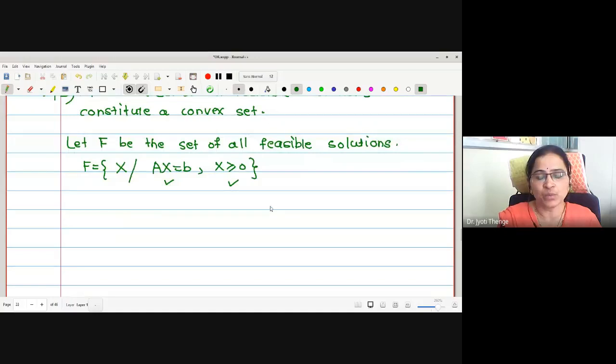Okay. Now, in order to prove this set to be convex, first we will consider what will happen if the set contains only one point, meaning it has only one, a unique feasible solution. Then by convention one can say that the set is convex. But if it has more than one point, we have to discuss. Correct? Therefore, let me write: if the set here